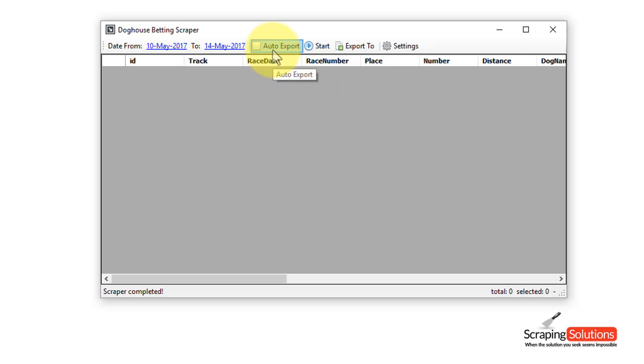Now next to that we have an auto export button here, and if you press on that it ticks the box. Now with this feature you can have the program automatically export the data into a CSV file, and then you can find this file in the output folder, which will be created inside the debug folder once you start the process. So let's go ahead and start the scraping process